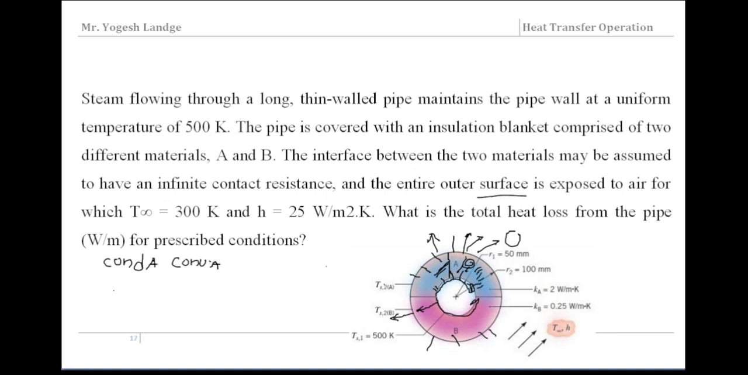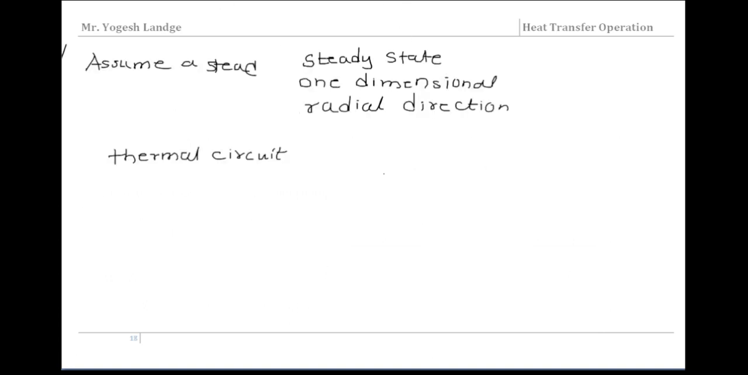So similarly, a conduction from material B means from here, and a convection. So there are the four resistances here. So let's draw a diagram for it, and from that we can easily work out and get the answer. So here, as I said, from that diagram, let's say that